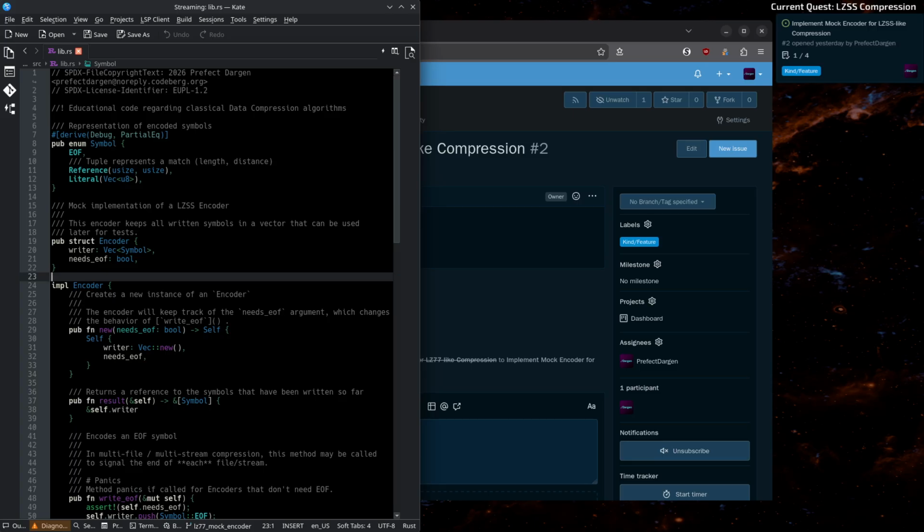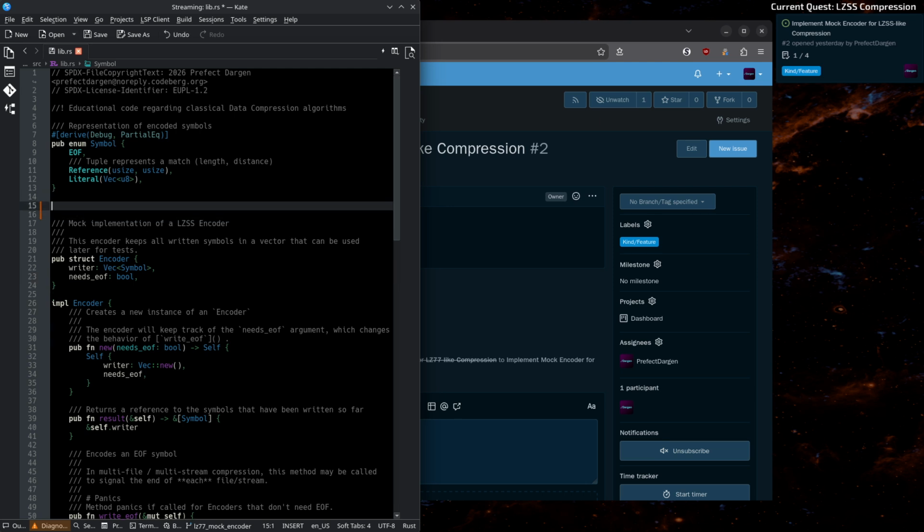So the API for this encoder and the real encoder has to be the same. So it makes sense that in order to standardize that part of the API, that the API is expressed in a trait, right? So if we create a trait,